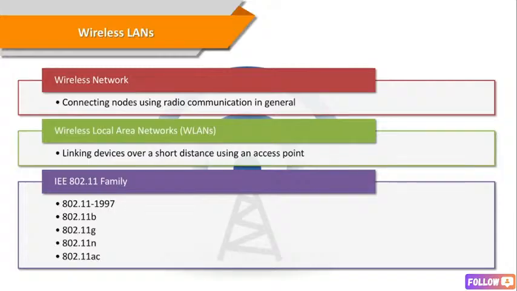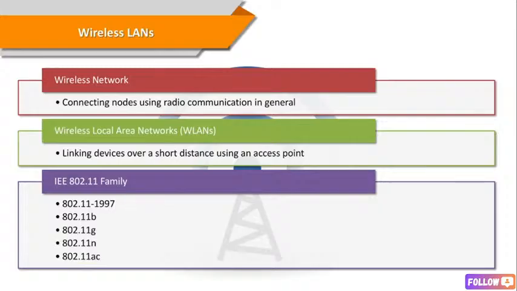So for this, I'm just trying to keep it simple, so I won't talk about the entire 802.11 family or the technical details beneath them. I just want to let you know that the most popular are those defined by the 802.11b and the 802.11g protocols, which are amendments to the original standard. So 802.11-1997 was the first wireless networking standard. But 802.11b was the first widely accepted one, followed by